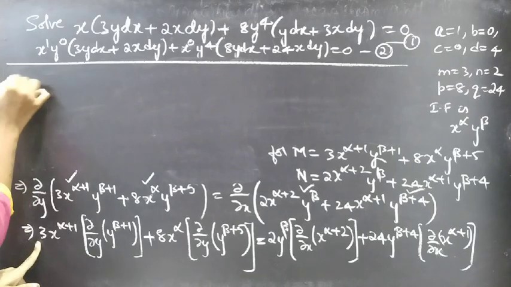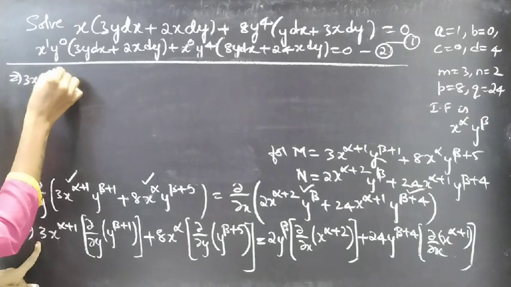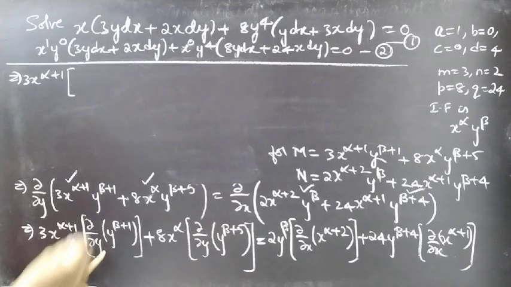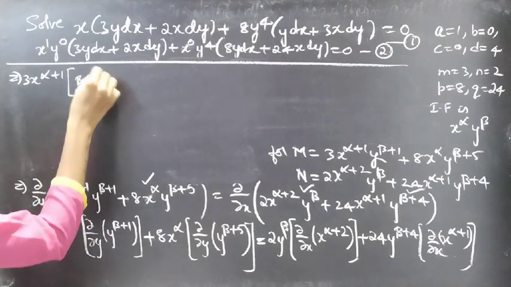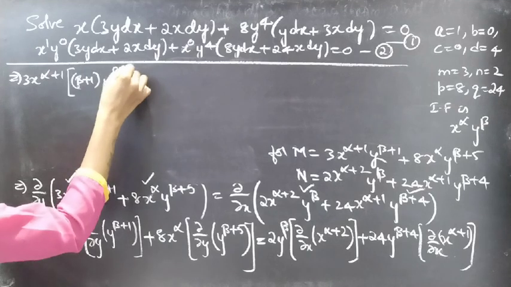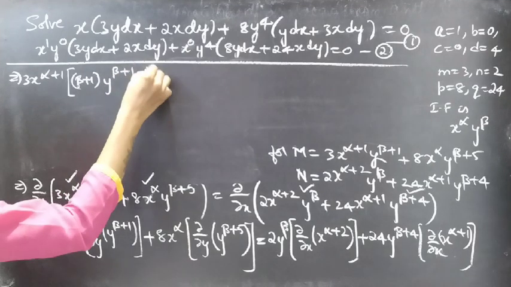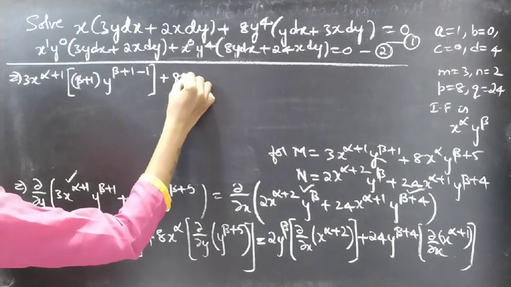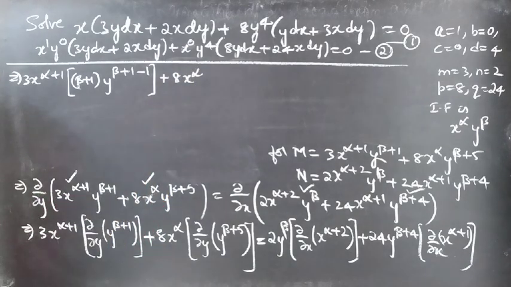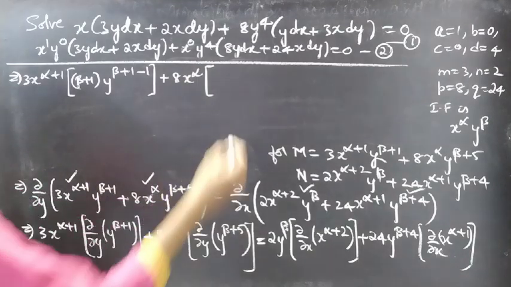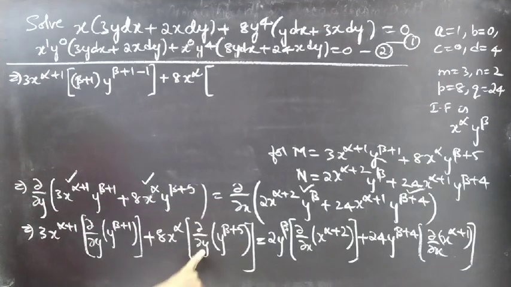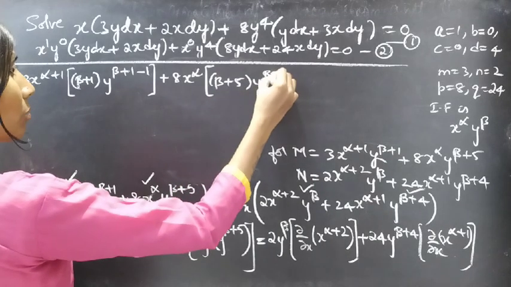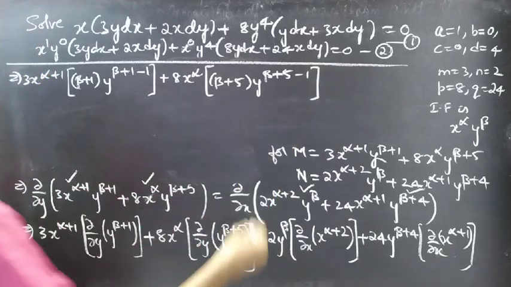This becomes 3x^(α+1) into the partial derivative of y^(β+1) with respect to y, which is (β+1) y^(β+1-1), plus 8x^α into the partial derivative of y^(β+5) with respect to y, which is (β+5) y^(β+5-1), equal to